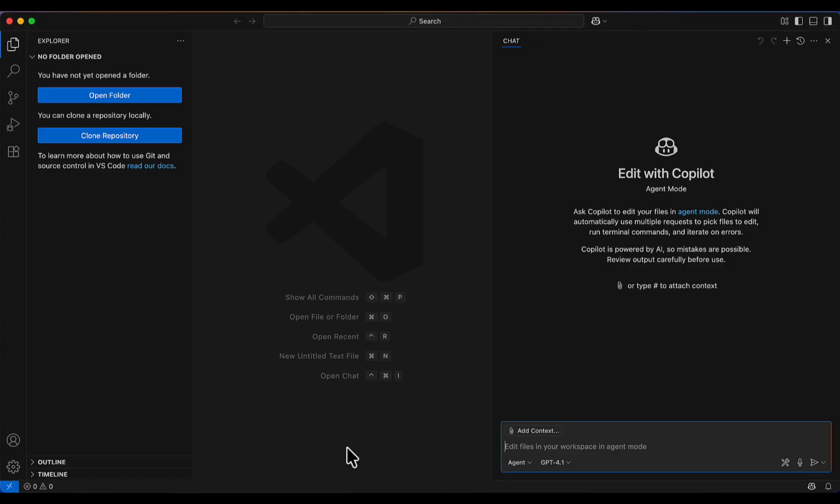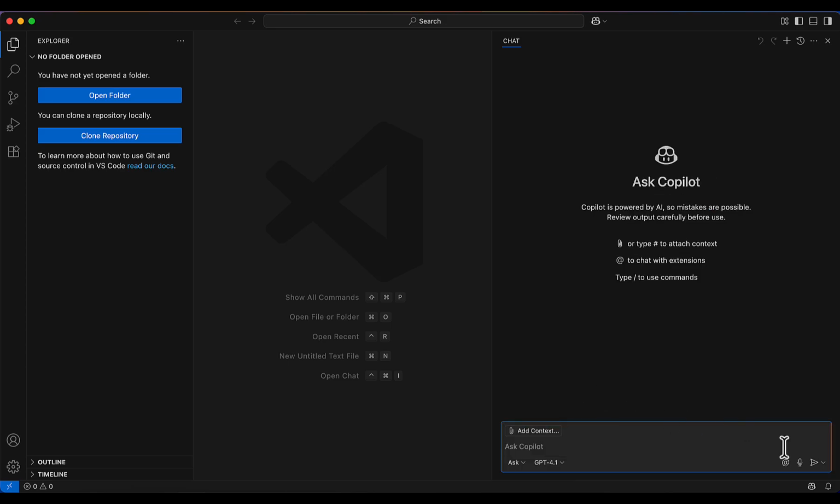So let me show you how it works. This is a free version, right? Let me go to ask mode, and if you click on the down arrow, you will see the usage, because the free version has some limitation and it gets reset monthly. There is chat and code completion. If I ask a generic question, it will be considered chat. The current utilization is 70.2. Okay, 70.2. So let me ask,